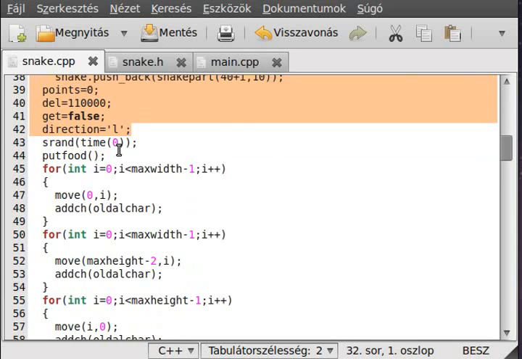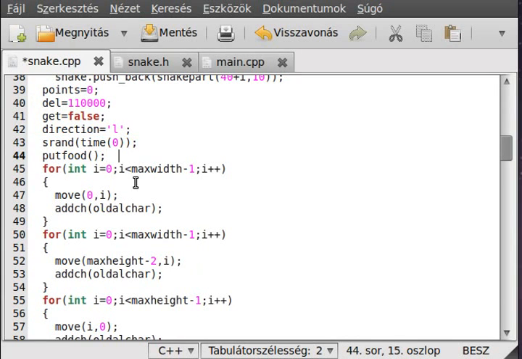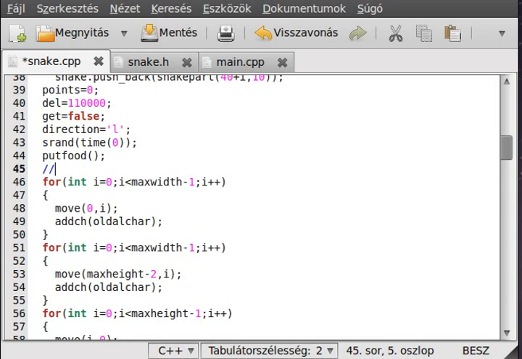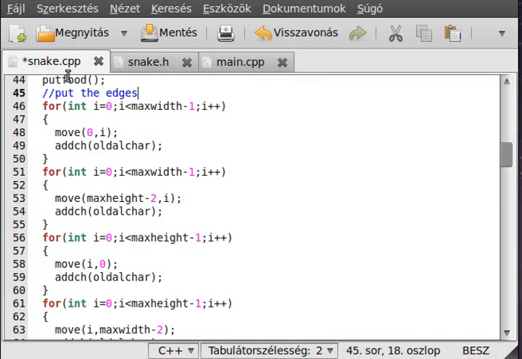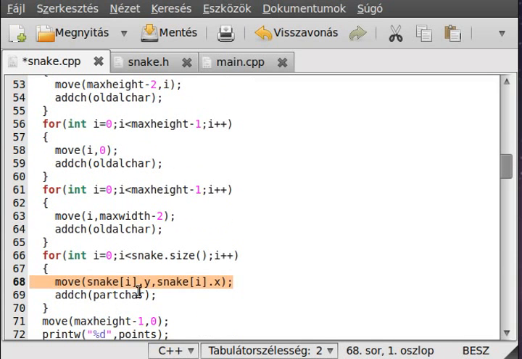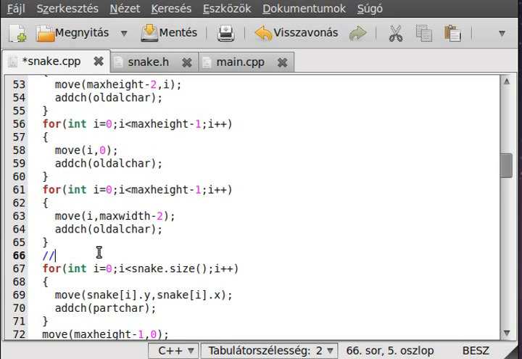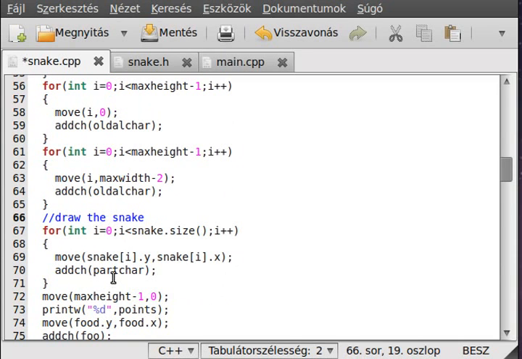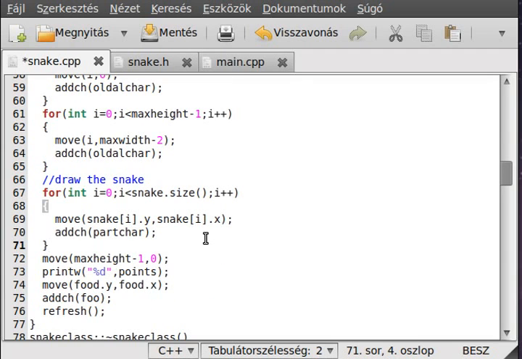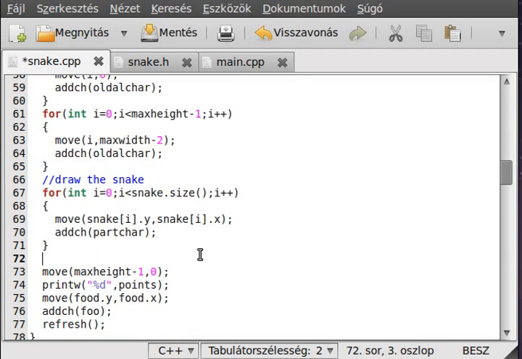And we just simply put the edges. Okay, simple enough. We put the 4 edges, 1, 2, 3, 4, and then we put the snake to the screen. So draw the snake. Okay, the next thing is to move to the point coordinate, so down here,